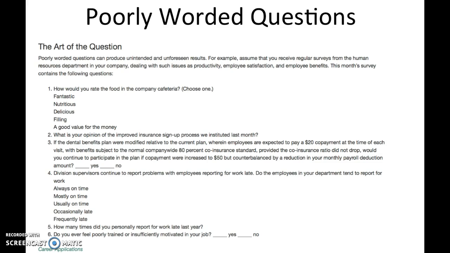For the second one, what is your opinion of the improved insurance sign-up process we instituted last month? This is called a leading question because the answer that they are preferring to get is embedded in the question. By calling it improved, they may be subtly influencing you to say that you like it. So really you want to ask a non-biased question that doesn't have an answer embedded within it. So they really should ask, please give your opinion of the new sign-up process, or of the insurance sign-up process